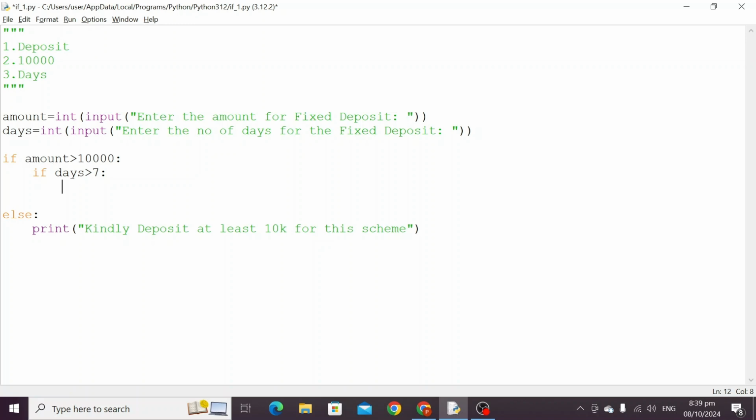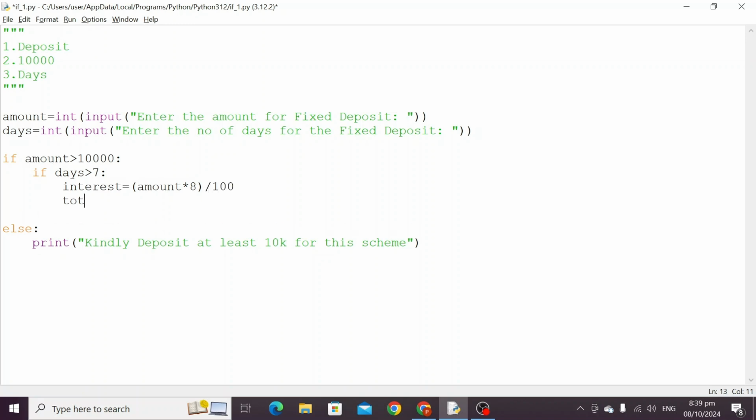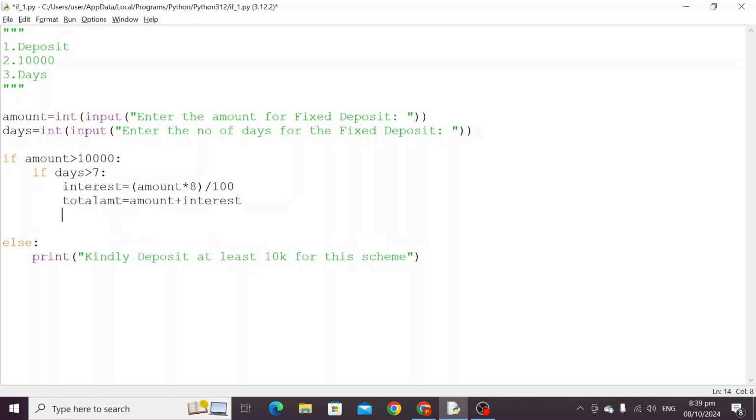If days are more than 7, then we need to calculate the interest equal to amount into, suppose 8% interest the bank is offering, so we need to calculate the interest and then total amount equal to amount plus interest. And now here you can print